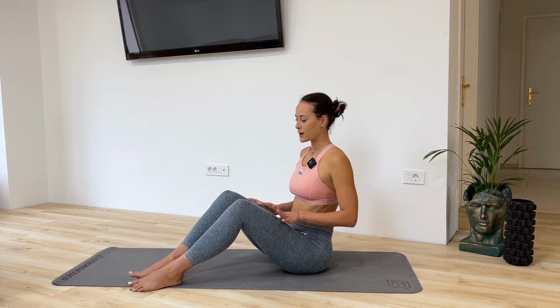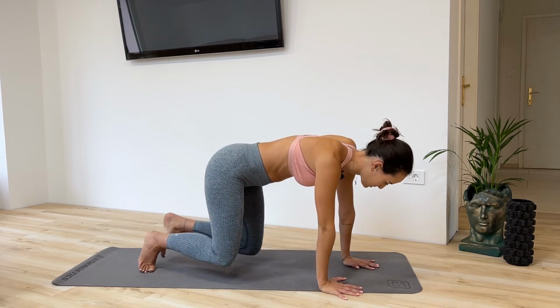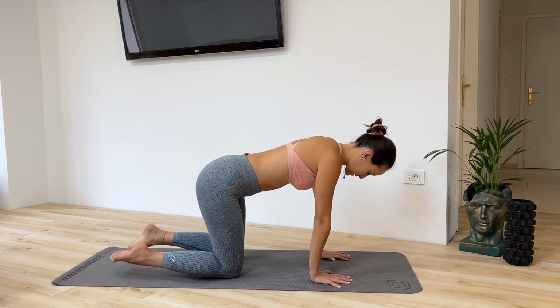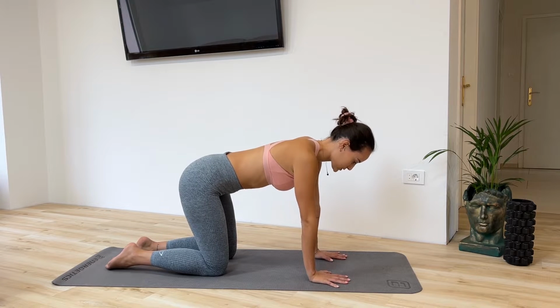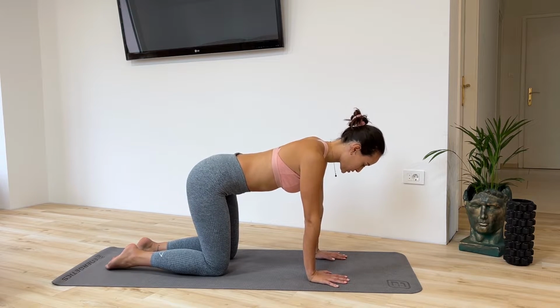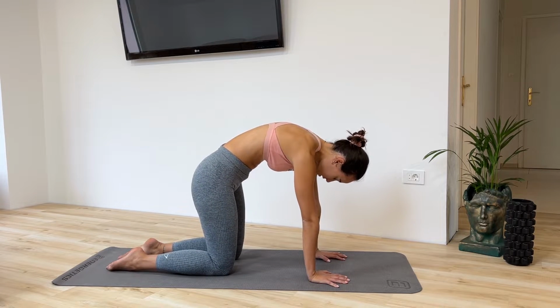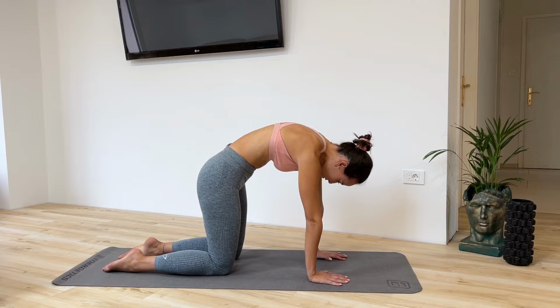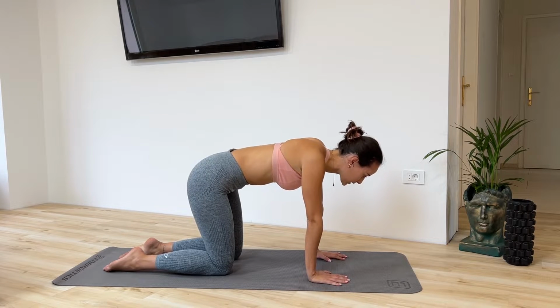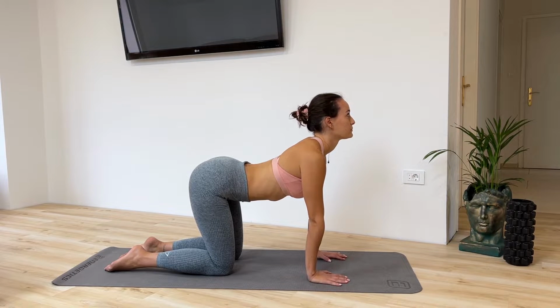Okay, going to the position of on our all fours. How to say this? Into this position. And now what we're going to start first is the cat-cow position. So going up, trying to do this circle with our back, this bridge with our back as much as possible, and then going down and looking up, exhaling. It's necessary for us to exhale